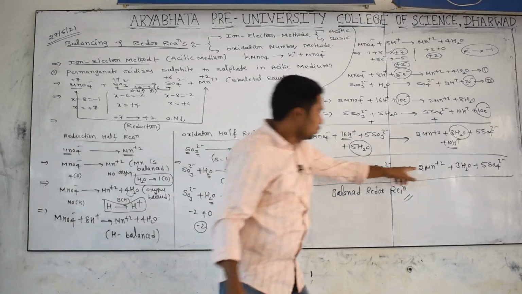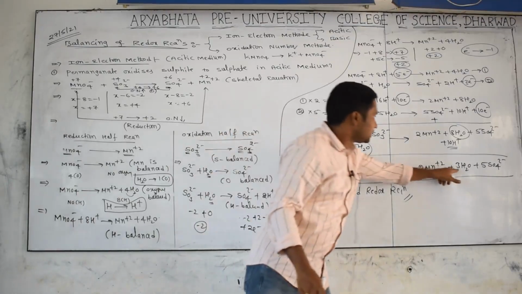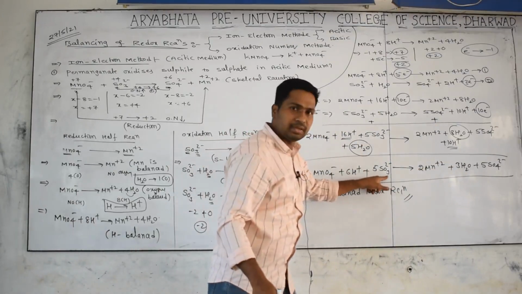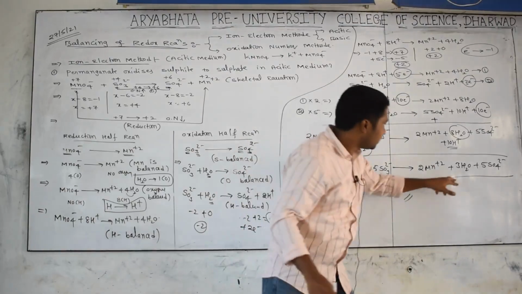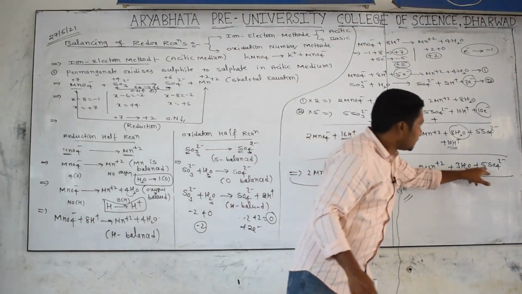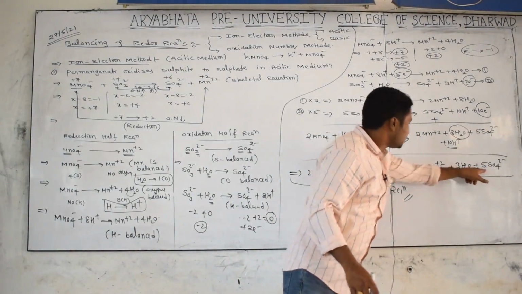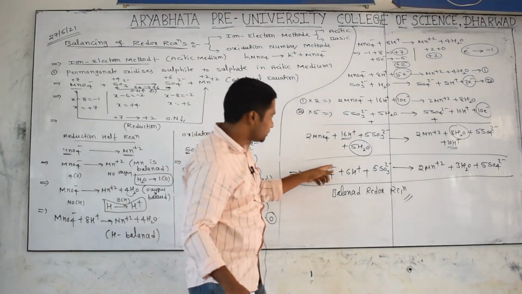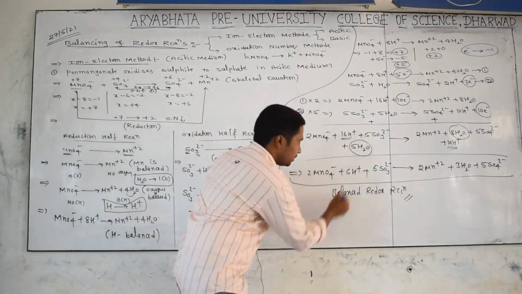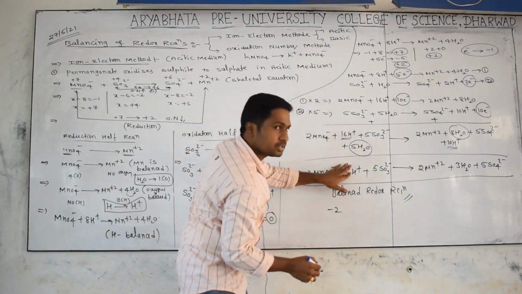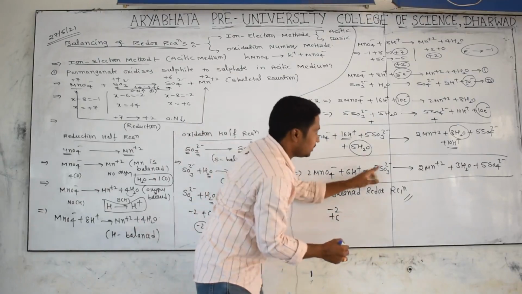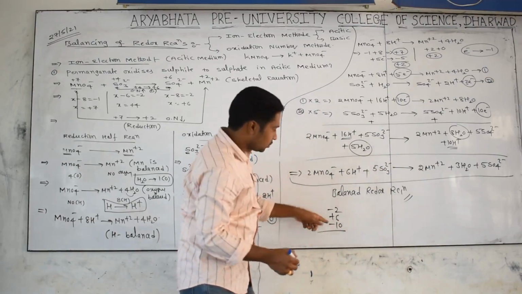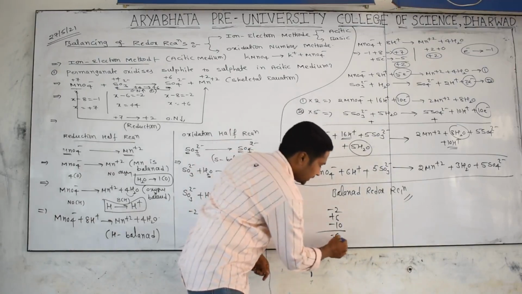2 manganese, 2 manganese; 6 hydrogens, 6 hydrogens; 2 4s are 8 plus 15, that is 23. Check it here: 3 1s are 3 plus 5 4s are 20, that is 23 oxygens, and 5 sulfurs. Including charges, check it here: how much charge? Each one carries minus 1, 2 minus 1s are minus 2; each one plus 1, 6 means plus 6; each one minus 2, 5 minus 2s are minus 10. So minus 12 plus 6 is minus 6.